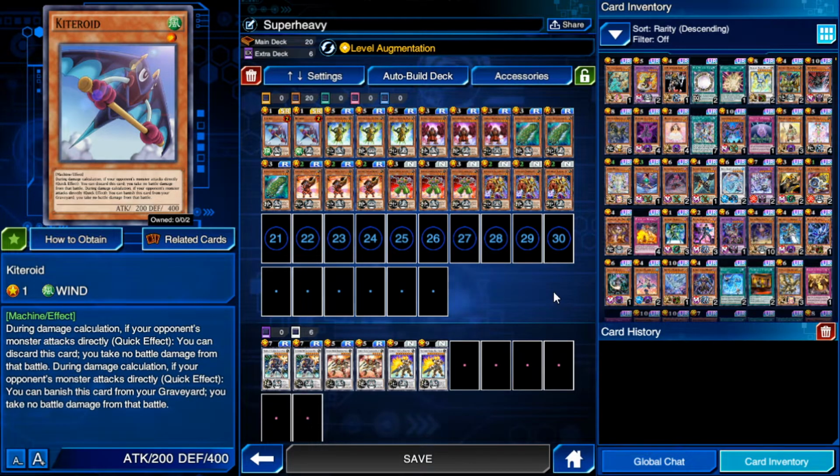The deck idea is pretty easy. We are using at the moment the skill Level Augmentation. What it does, you can show a monster in your hand to increase the level of a monster on the field by the level of the monster shown in your hand. But you're really never gonna use it a lot. It's only once per duel, but you're gonna use it in some particular situation when you need directly